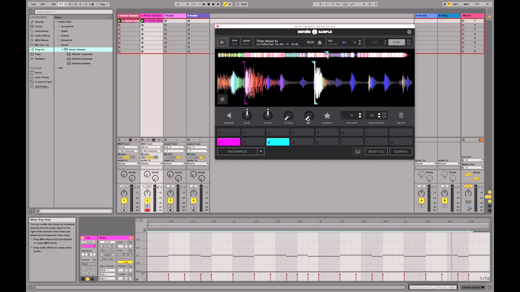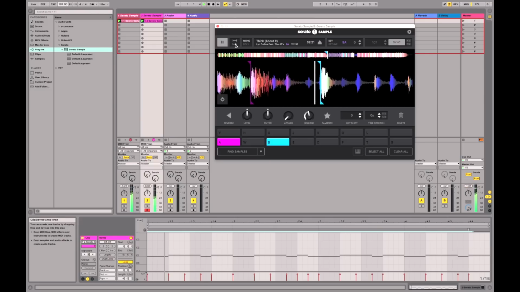So here, I'm going to go to the release. I'm going to turn up the release a little bit to kind of choke those drums, and I'm going to put it inside of trigger mode. So there's two ways you can use Serato Sample with the pads. The first one is hold, which means you have to hold down on the key or on the pad for it to play. When you let go, it stops. And then you have trigger or one-shot mode, which means you press it once and it keeps on going, and so you press the next thing, right? So now when I play this back,